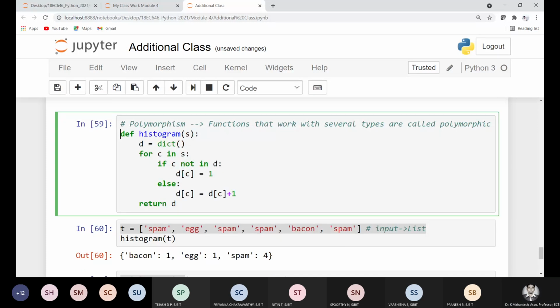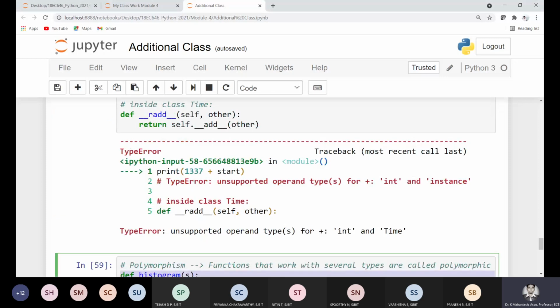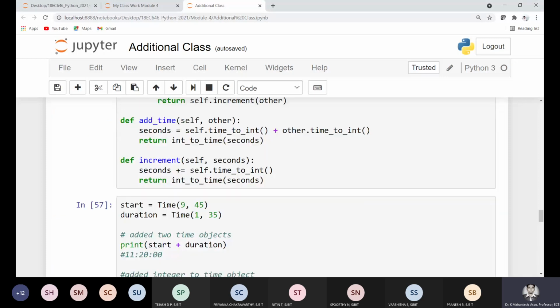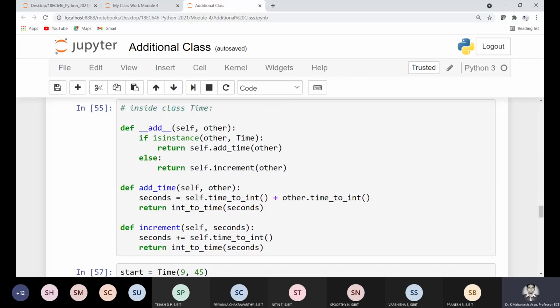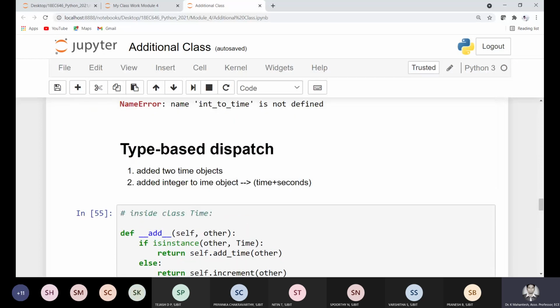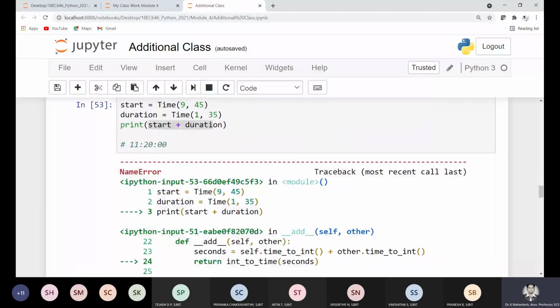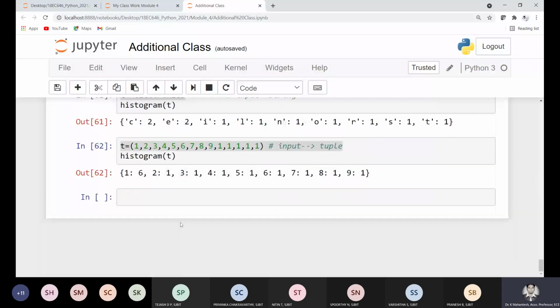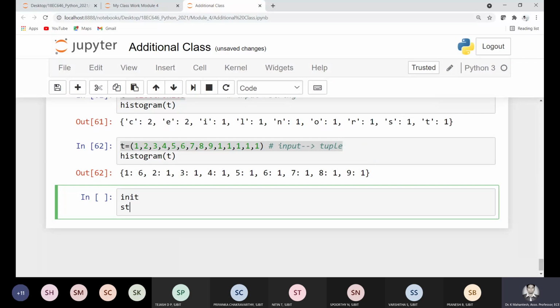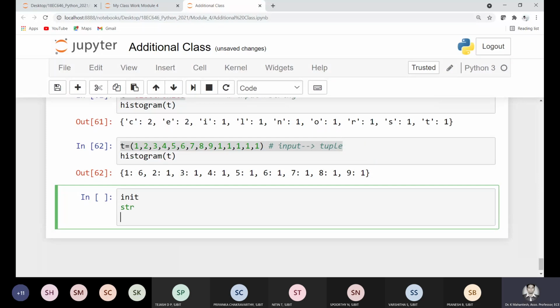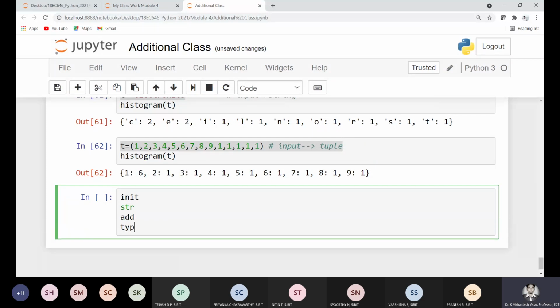So this is all about your fourth module. And of course, there was a crucial problem encountered here. The init time is not working. This init time is not working. Let me just rectify it. But today, what we have discussed is the init, str method, and then the add method, and then type-based